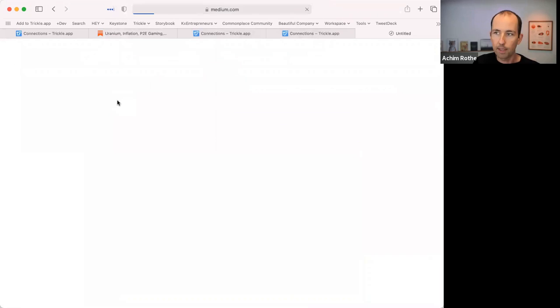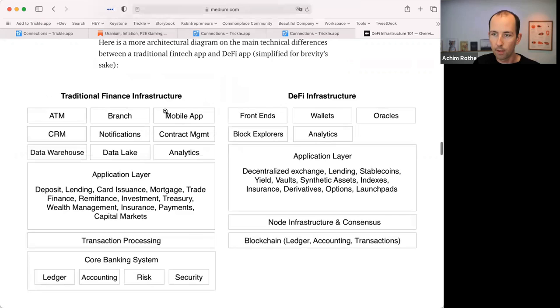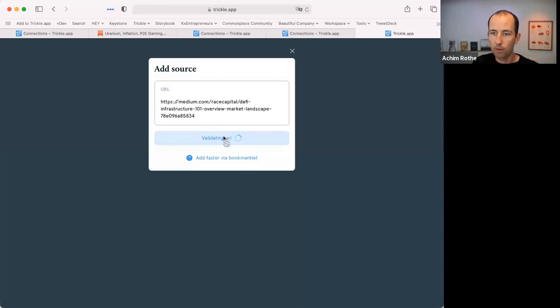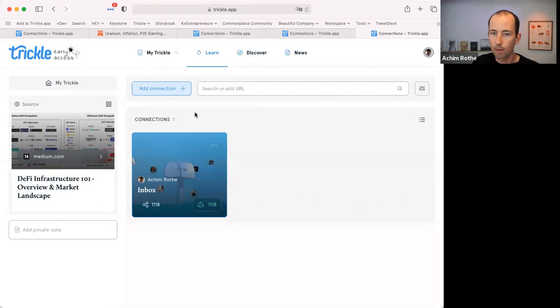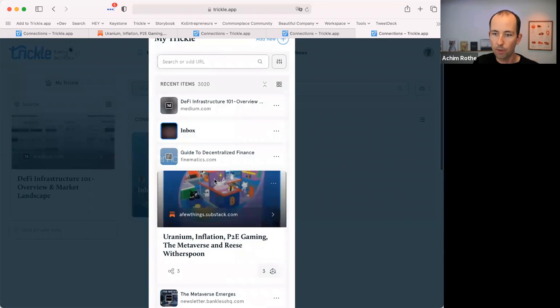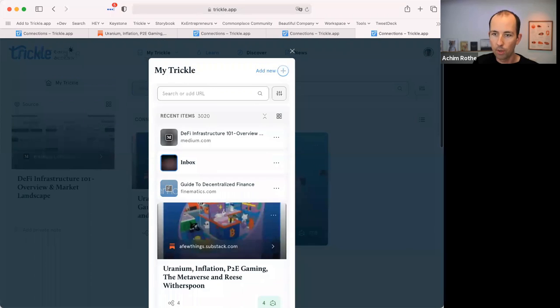And one other article that stood out to me is a good comparison between the old financial infrastructure and the new. Interesting overview about wallets, front-end analytics, and so on. So I click Add to Trickle, click Add Source. Now again, since this article is a new article, it's just connected to my inbox. I go now to add connection, connect it first of all to the newsletter, and then to the